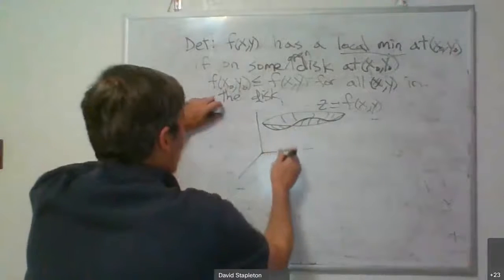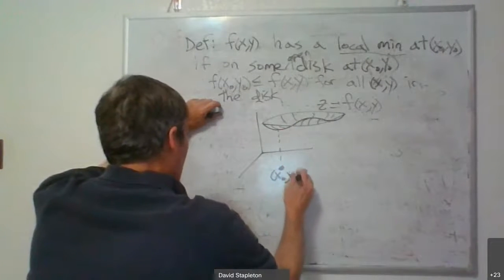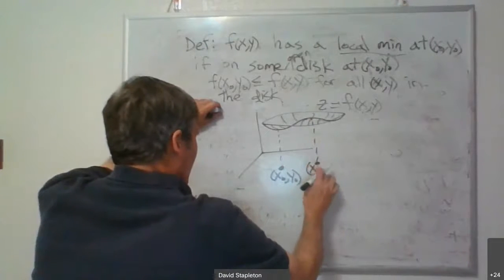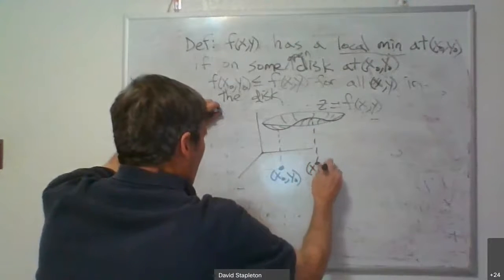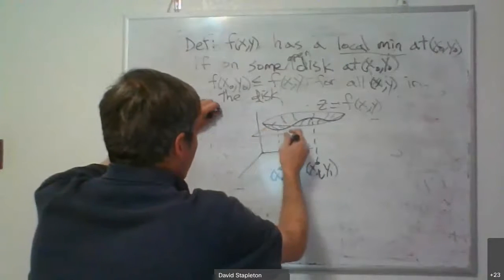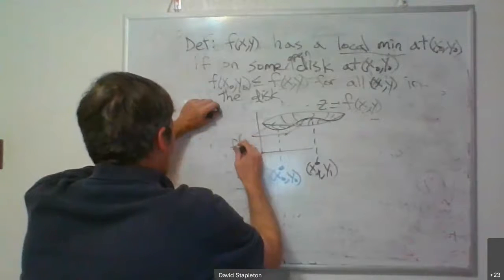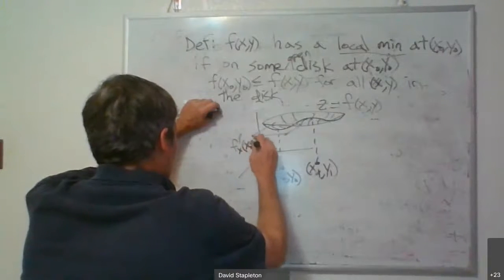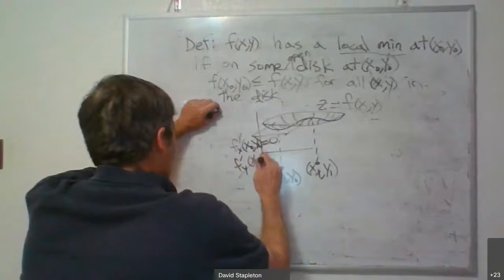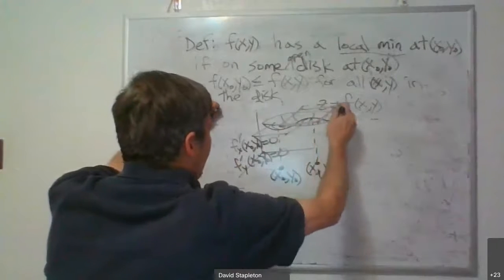So what we're thinking is, here's a point, x naught, y naught. Here's another point, x1, y1, where both partial derivatives exist, are 0, right? And what you see geometrically here is a horizontal tangent plane. F partial with respect to x at this point is 0. F partial derivative with respect to y at this point equals 0. It's a horizontal tangent plane. And same thing over here. Horizontal tangent plane